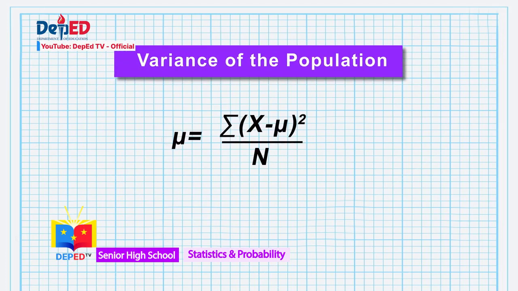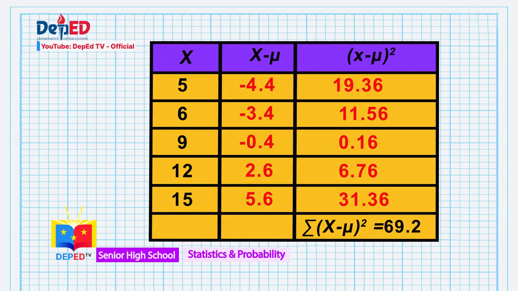Second is to compute the variance of the population. Since the mean is 9.4, we subtract each value of x by 9.4. Let me show you using the calculator. Let's use spreadsheet. And the results are shown on the second column, which are negative 4.4, negative 3.4, negative 0.4,